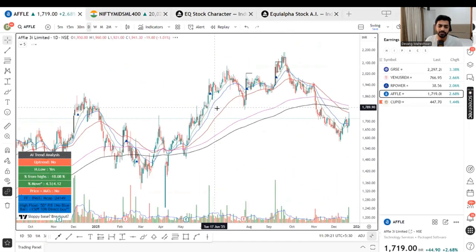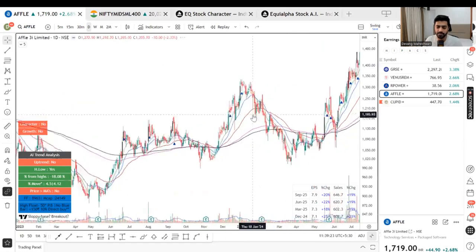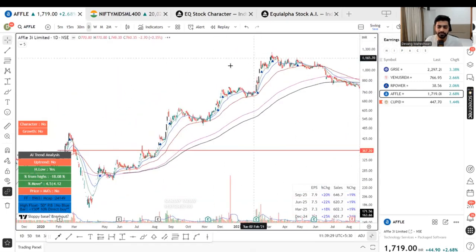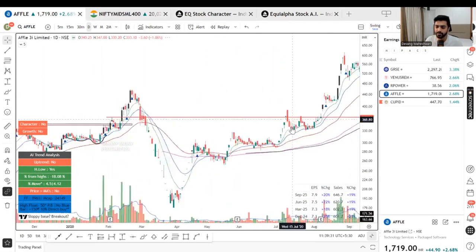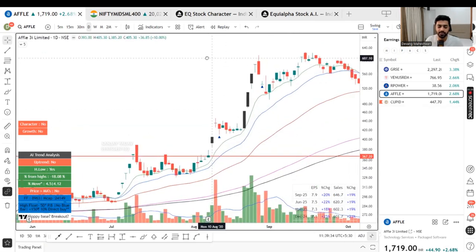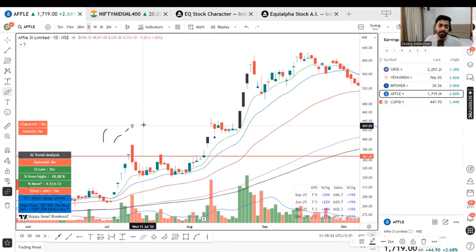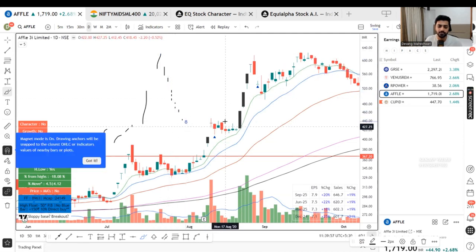Apple, this was another. I don't have too many high gap up examples. I can remember 5, 7, 8 only. But certainly when results come, a lot of gap ups will happen. I have not taken such examples. If, for example, 10 stocks are opening gap up after results, only 2-3 will be able to sustain it. Otherwise, it will open here with a gap up and then give it fully back. It will not give you a follow-through.